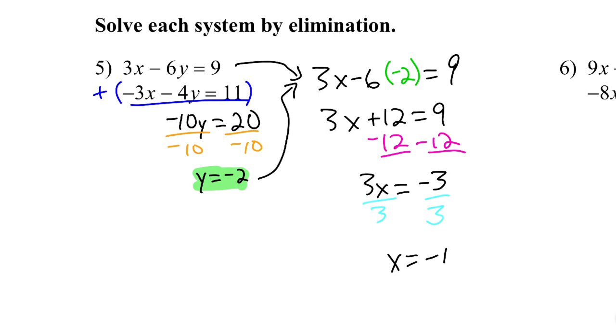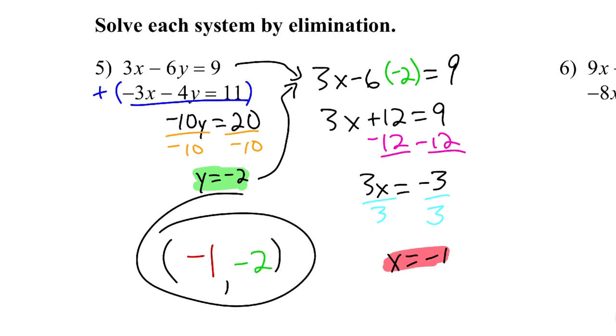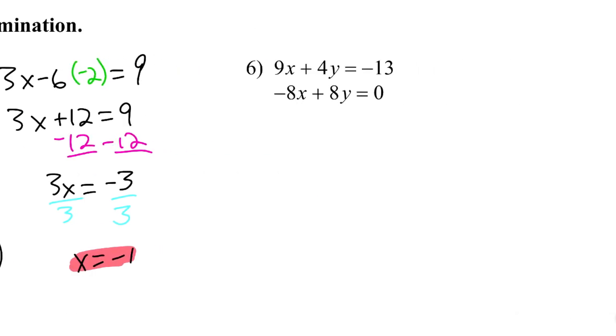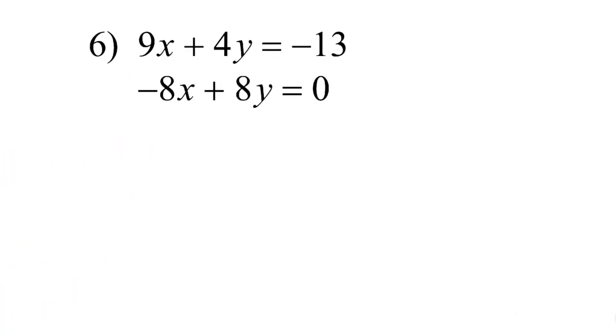And I'll take that right there. So my solution is the point negative 1, and negative 2 is the y value there. That's my solution. This one is not as nice because I'm going to need to do some multiplication, but it's